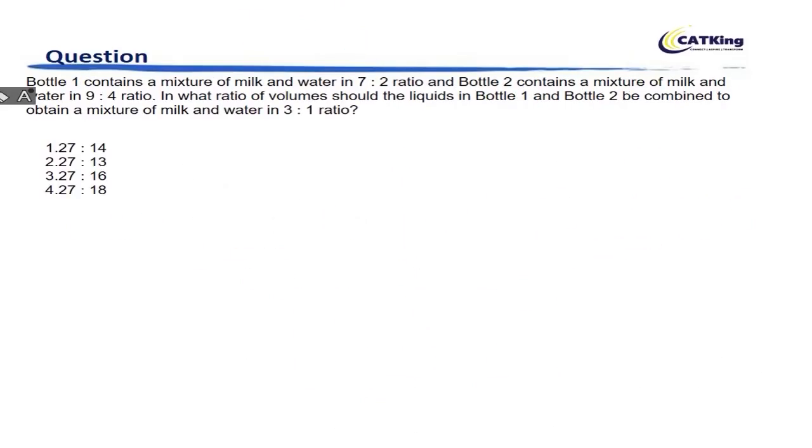Now bottle 1 contains a mixture of milk and water in the ratio 7:2, and bottle 2 contains a mixture of milk and water in the ratio 9:4. In what ratio of volumes should the liquid in bottle 1 and bottle 2 be combined to obtain a mixture of milk and water in 3:1? See, there are two ways of doing this. A beautiful question from